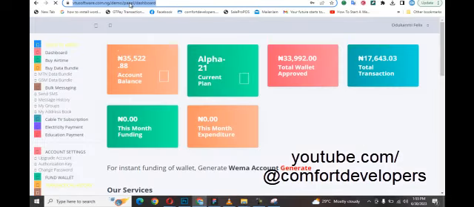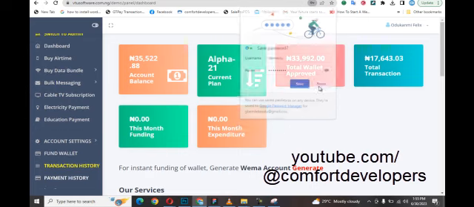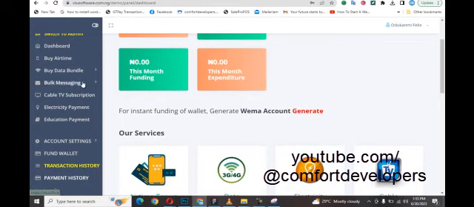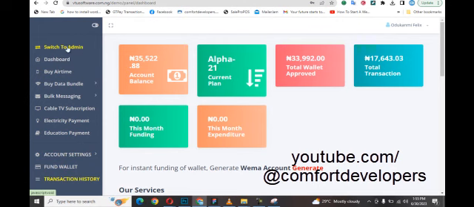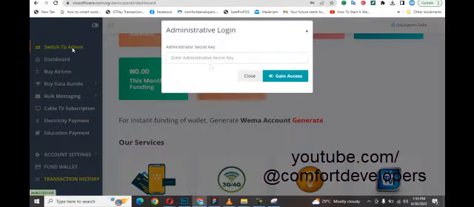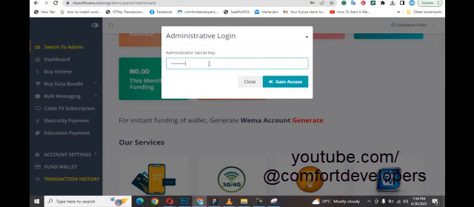Okay, the network. Okay, good. So this is what you have now. Of course, these are some of the demo transactions we put on the system, but there's one more thing you can do as the owner of the script. Because this is an admin interface, you have where you can switch to admin, where you can do some modifications, set your API key, generate the WEMA account, and every other thing. So just switch. I'll use the same password, demo admin. All right, demo admin. Click on gain access. You can go through it